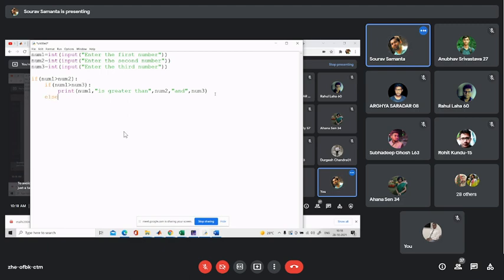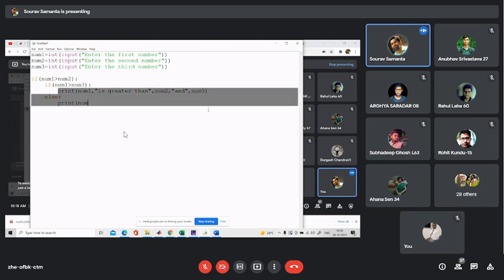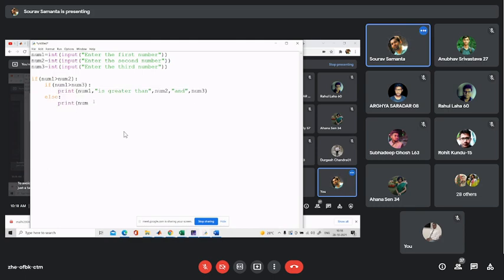Else, print number... So I can copy it from the previous line. Okay, so num3 is greater than number 1 and number 2.